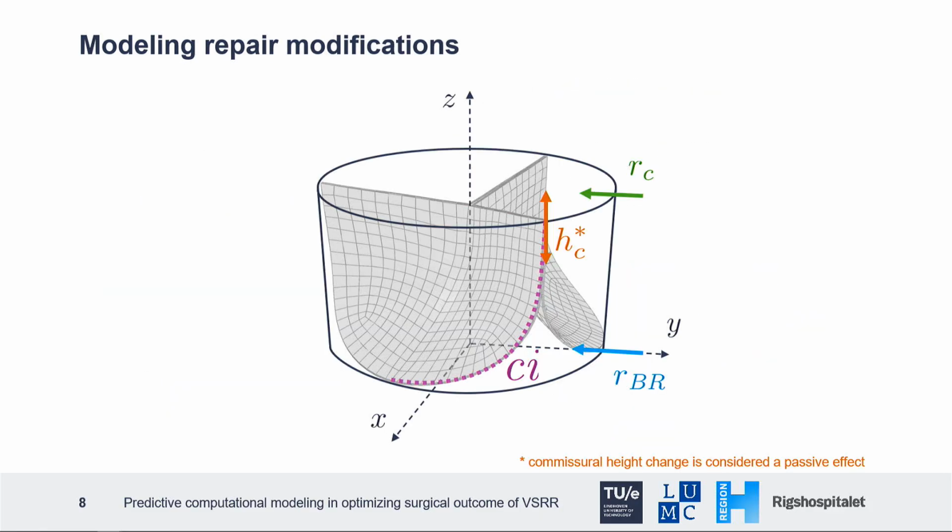So how do we model repair modifications? In our David procedure, as you know, we measure the intercommissural height to determine our graft size. But in this case, commissural height, I suppose, is more of a passive effect. We don't vary that too much. We use that as a determinant to choose our valve graft. We look at the commissural diameter, the basal ring diameter, and the cusp insertion, or more importantly, the interleaflet triangle. As you know, if you vary that, you can also influence the coaptation in commissures.